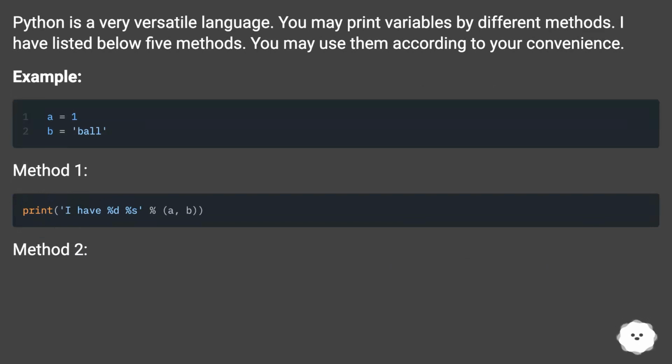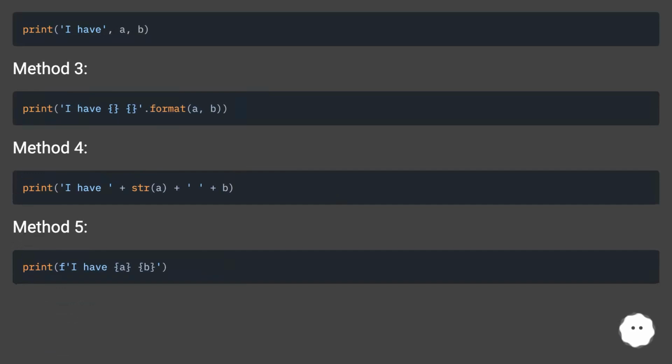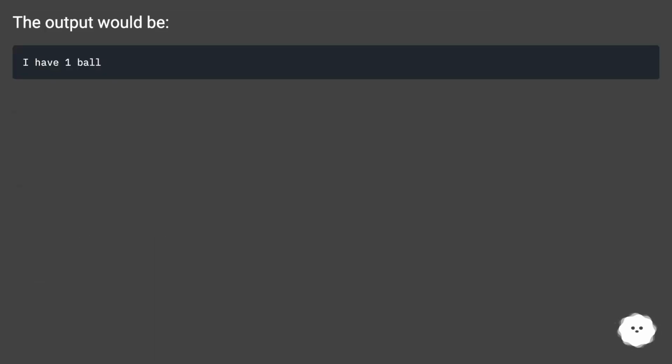Python is a very versatile language. You may print variables by different methods. I have listed below 5 methods. You may use them according to your convenience. Example: Method 1, Method 2, Method 3, Method 4, Method 5. The output would be